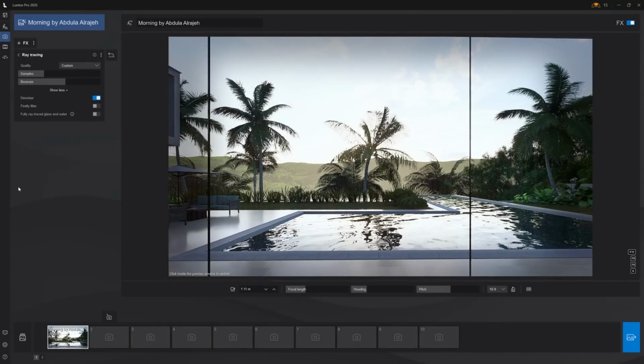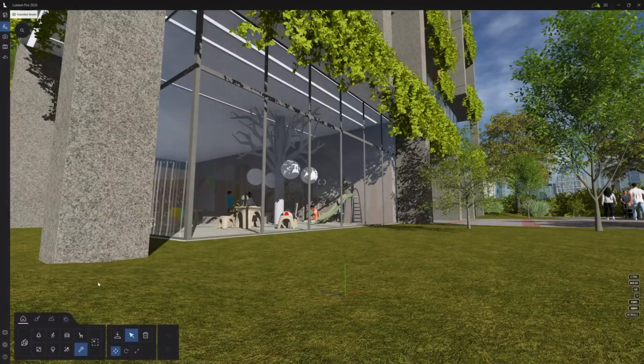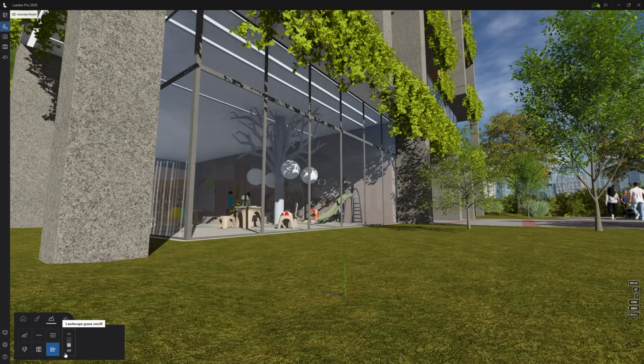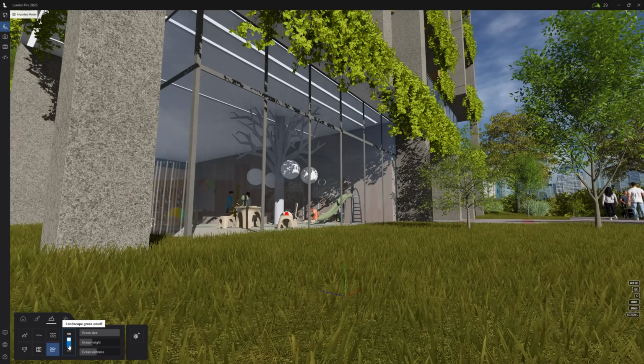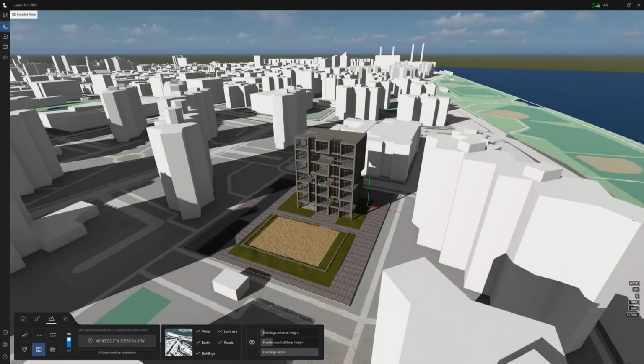We'll jump briefly to a different model to show the impact of materials on your scene. Lumion 2025 introduces ray traced water, so your water material looks more cinematic than ever. Landscape mode contains an intuitive terrain editor to aid in your world building and give your scene a more realistic feel. Let's enable landscape grass for some extra ray traced realism. The Landscape tab has another interesting feature, the OpenStreetMap, which allows you to place your model in real-world locations. If you know where your model is located, you can place it within the site. We won't need this since we already modeled our entourage, but this is very useful if you want to save